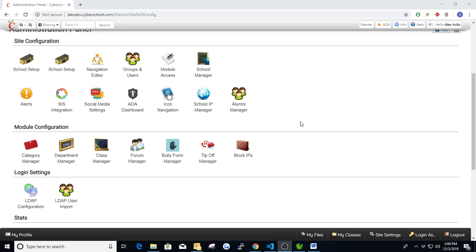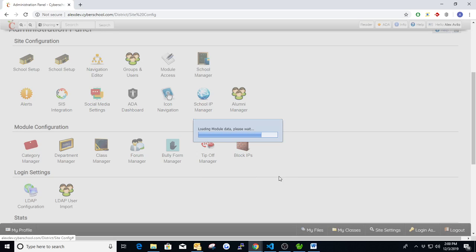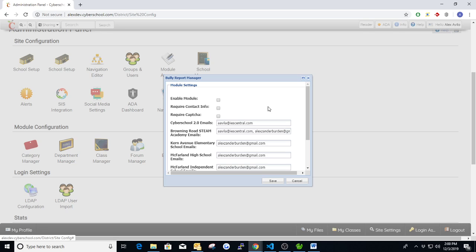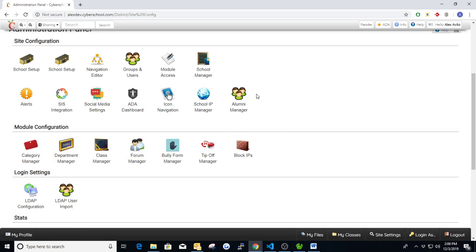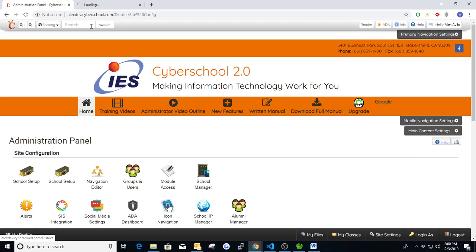Okay, so the bully form manager is located right here. Let me go ahead and click into that. This bully form manager is actually what you're going to use, whether it's enabled or disabled, to show the bully form. So let me go ahead and cancel out of this and open up home in